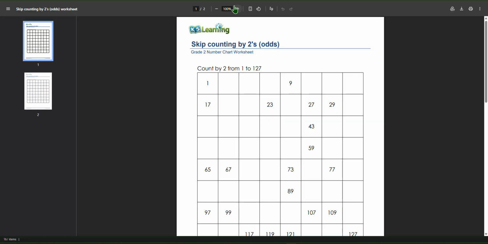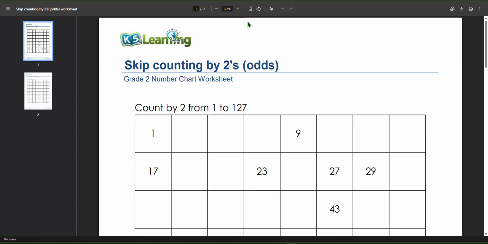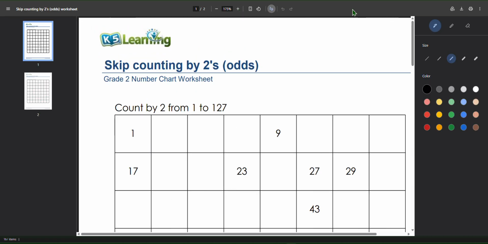We're going to open up the 30%, zoom in on it a little bit, take out our drawing, switch to green because of course we have to, and we're going to skip count by 2, but now we're doing it by the odd numbers. So it's 1, 3, 5, 7, 9, 11, 13, 15,